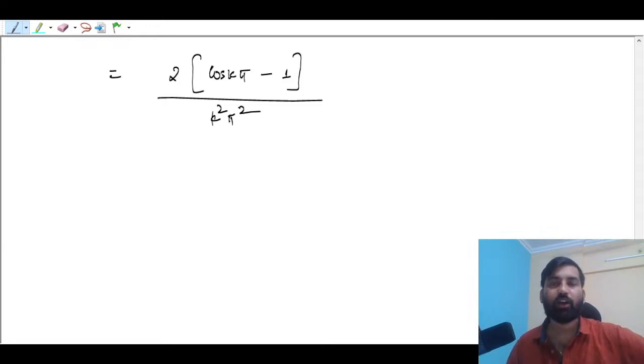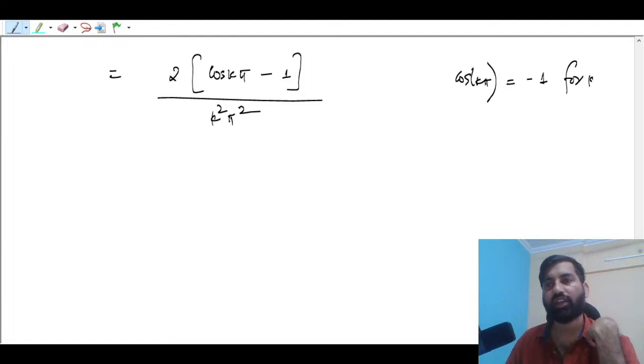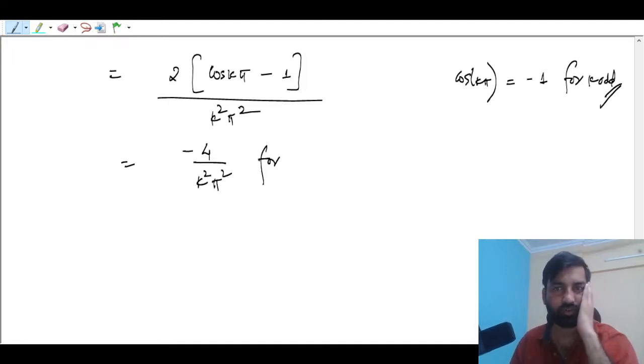Okay, now you know that cos k pi is -1 for k odd, right? So you can put here, so this is -1 here, so it is -4 by k square pi square for